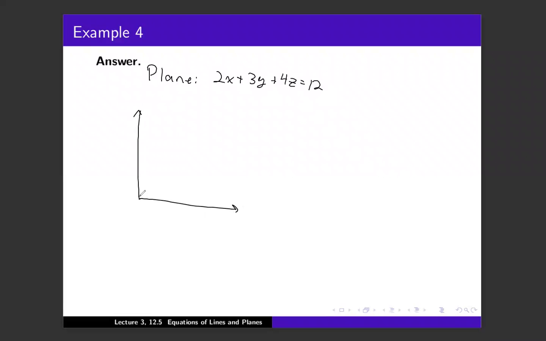Let's think about what this looks like. This is very much not to scale, but please bear with me. You've got your x, y, and z axes, and you've got a plane that is intersecting these three axes. So the question is, okay, what are the intercepts? Well, the x-intercept